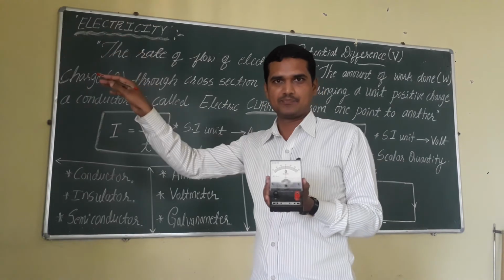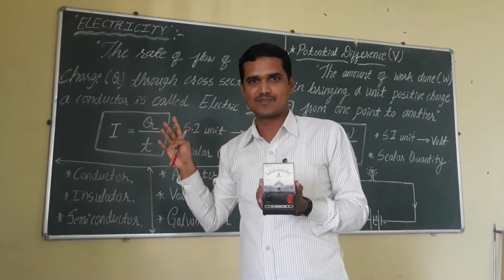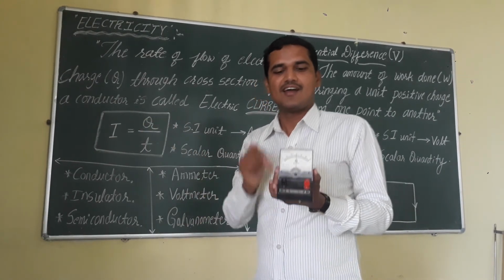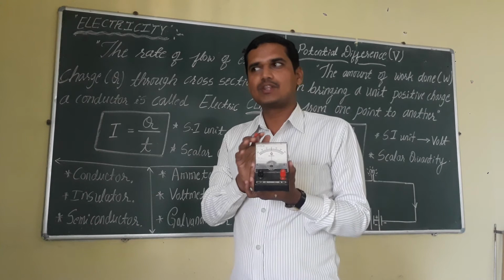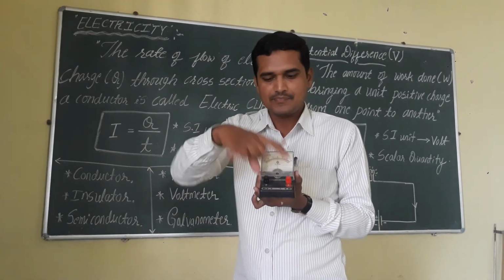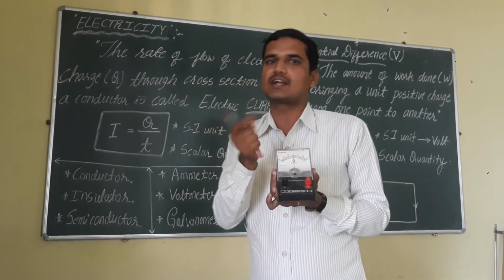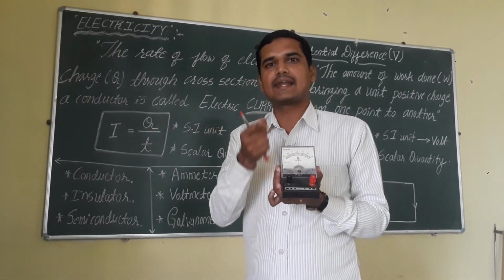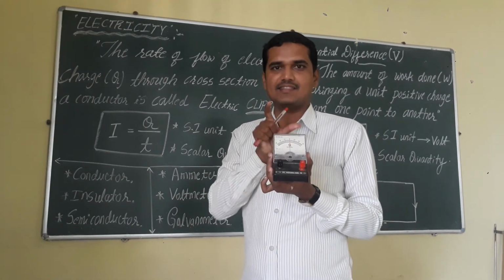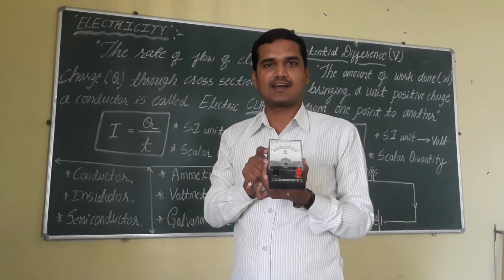Suppose there is a wire. You are not supposed to go and touch the wire to check whether the current is flowing or not, because you will get an electrical shock. So that's why the galvanometer, without touching that wire, if you connect the wire to these terminals, shows even a very small amount of current. A small amount of electrical current will be shown by this device. This is called a galvanometer. This device checks the presence of electrical current in the circuit.